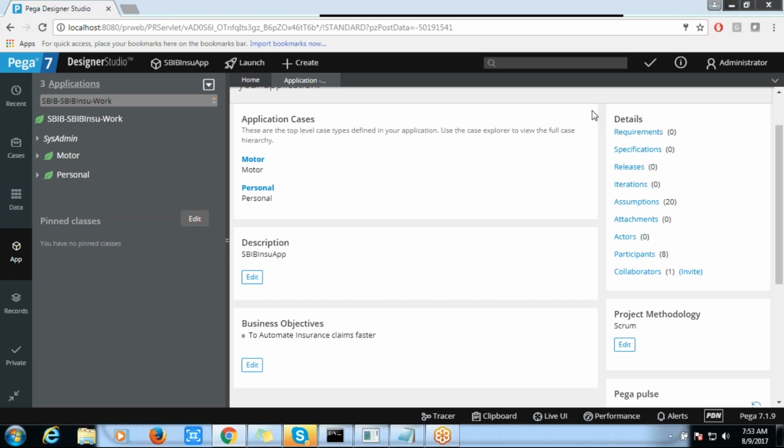I have a question. I support a Pega application. For some reason we can only hear you in a very low voice. Maybe you can type, or adjust your mic or increase the volume. Yeah, let me type.